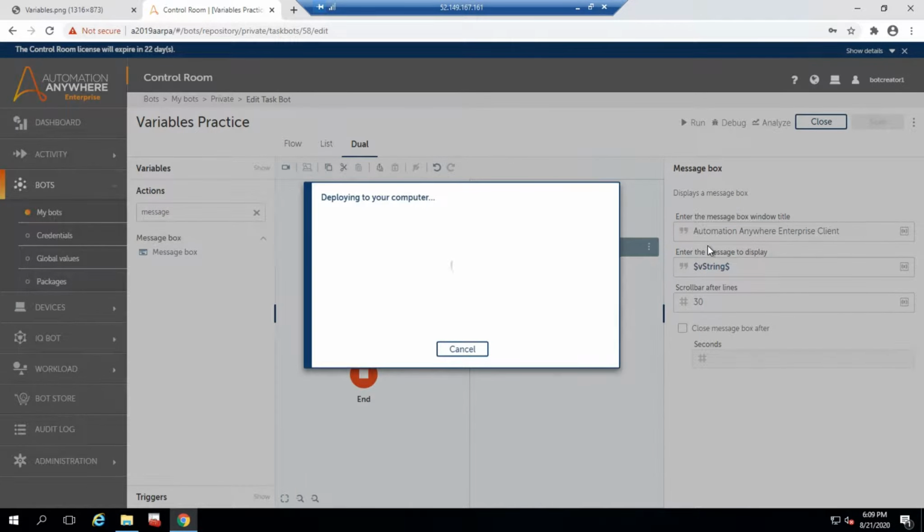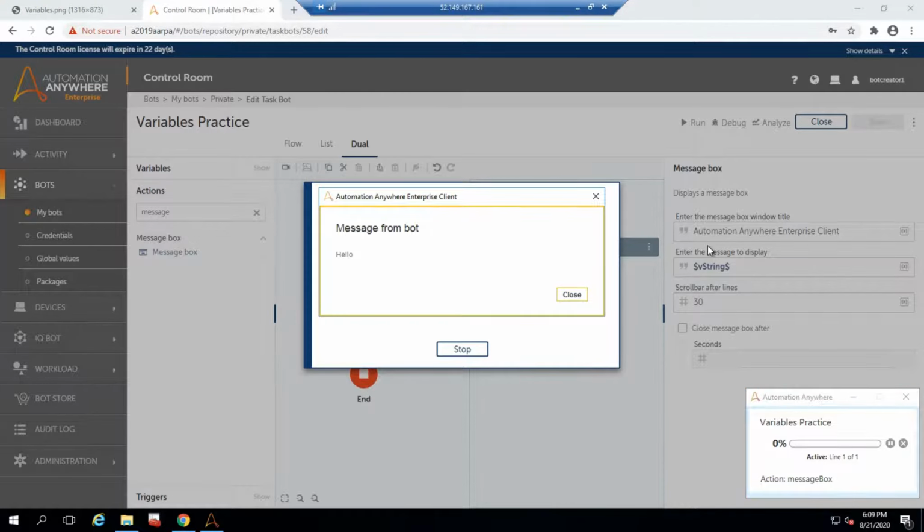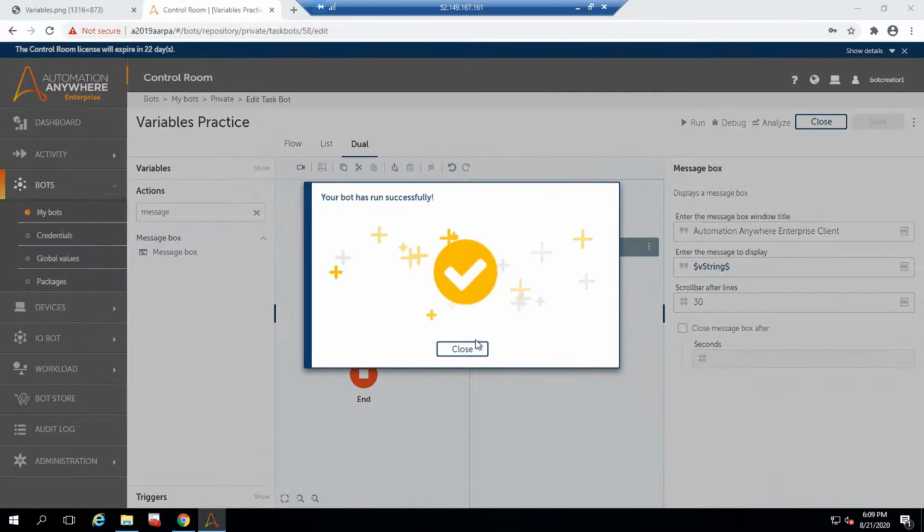So it is deploying into my bot agent, and it's going to run the bot. Very first time when you save a new task, it takes some time to load, and from next time onwards it will do things faster. See, whatever I typed in the variable just came here. Okay, so this is completed.